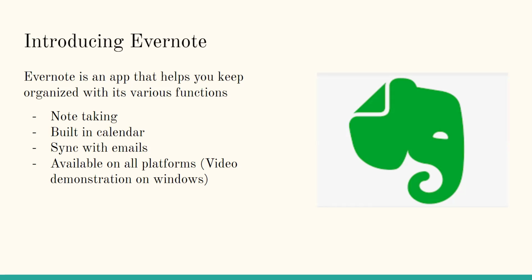Whenever I get an email that it believes has a time constraint, it'll email me asking if I want to directly input that into my Evernote. By clicking yes, Evernote will do it all for me. And once I get onto Evernote, it'll add it to my calendar. So if I got an email about, I don't know, an ASU football game this Saturday, it'll ask if I want to add that to my calendar, and if I click yes, it'll automatically be reflected on my calendar that I have that football game on that particular day.